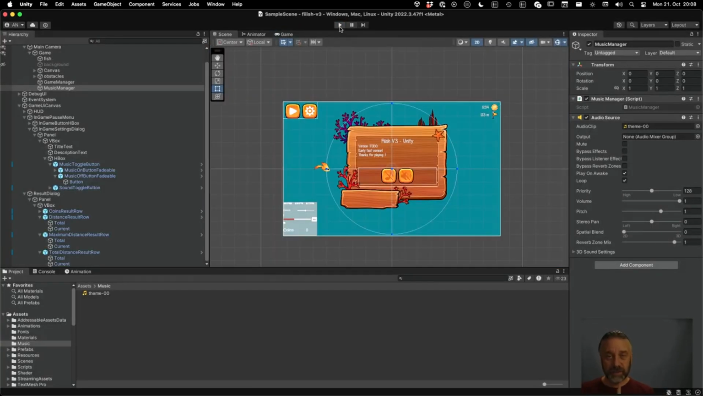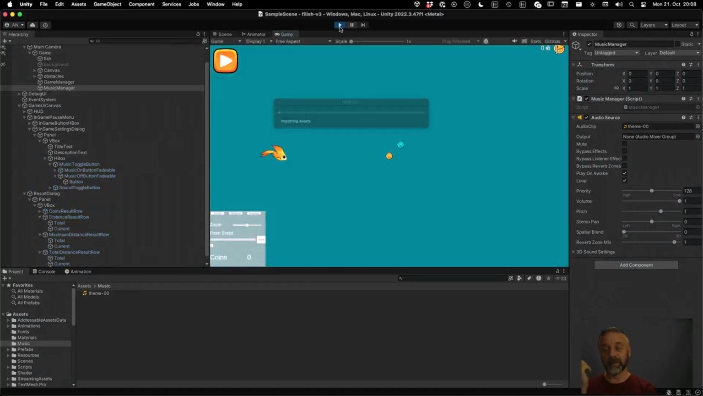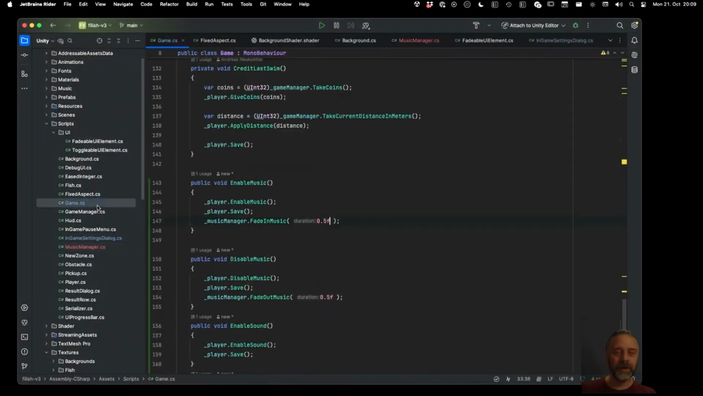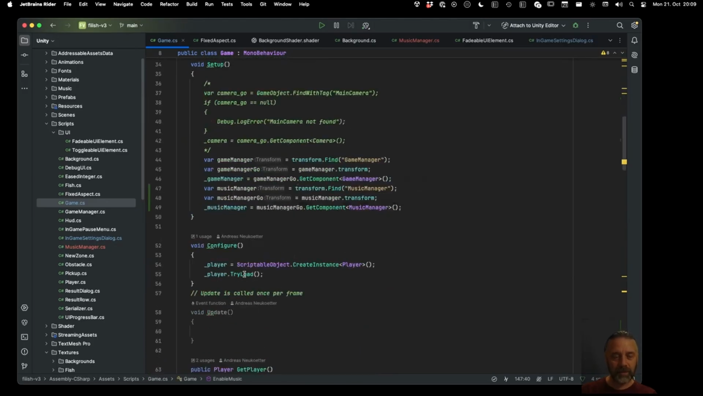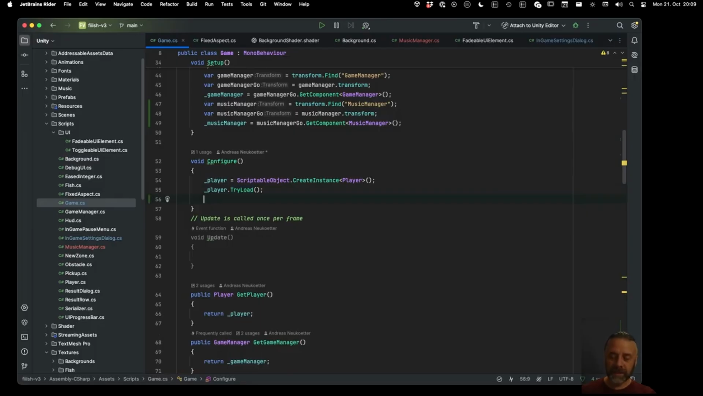And music is off, right? Oh, we don't do the initial state, right? It starts on, even if it's off. So when in the game, when we load the player, at startup, we load the player. At some point, we load the player, right? And then we say